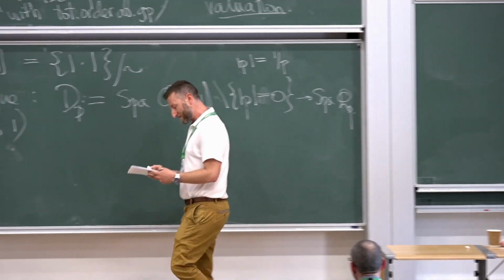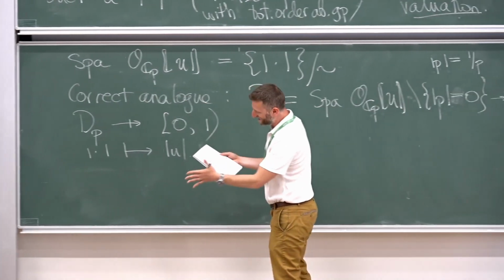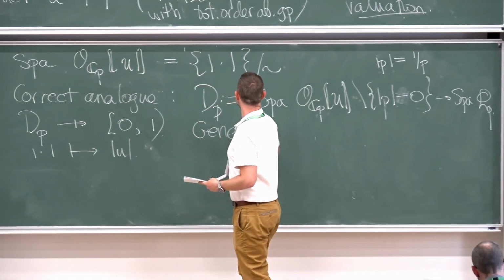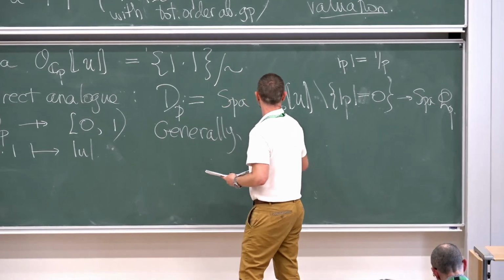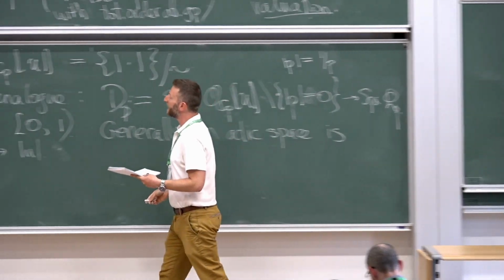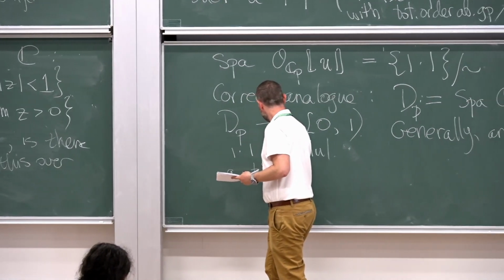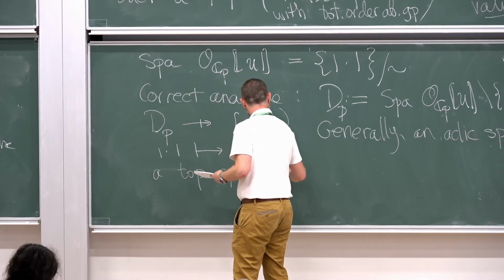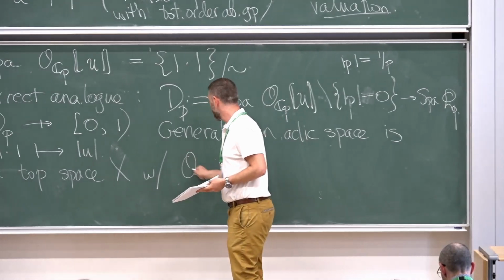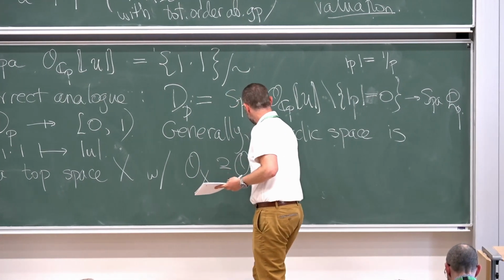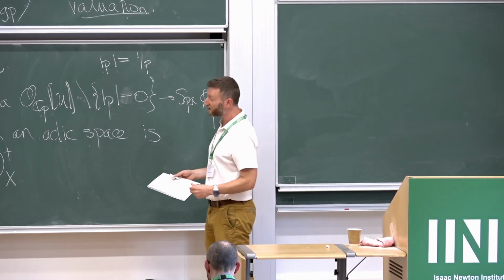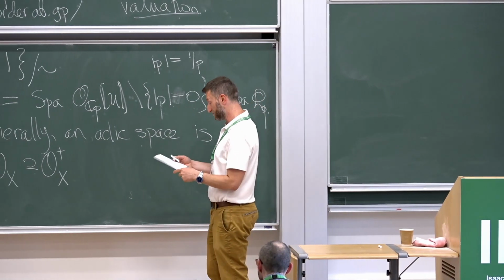Okay. Excellent. All right, so in the interest of time, I'm not going to say exactly what an adic space is, but here's my attempt. Generally, an adic space is a topological space X together with a sheaf of functions, just like a scheme would be. There also has to be a sub-sheaf of functions. You could ignore this for now. Those are functions bounded by 1, and this is called O_X plus.